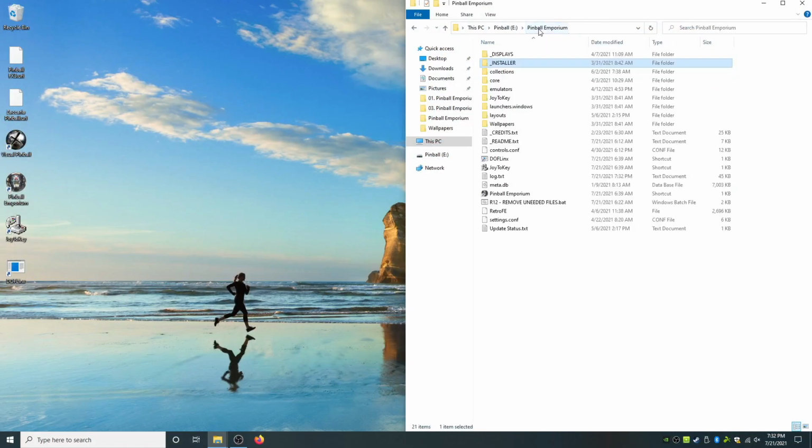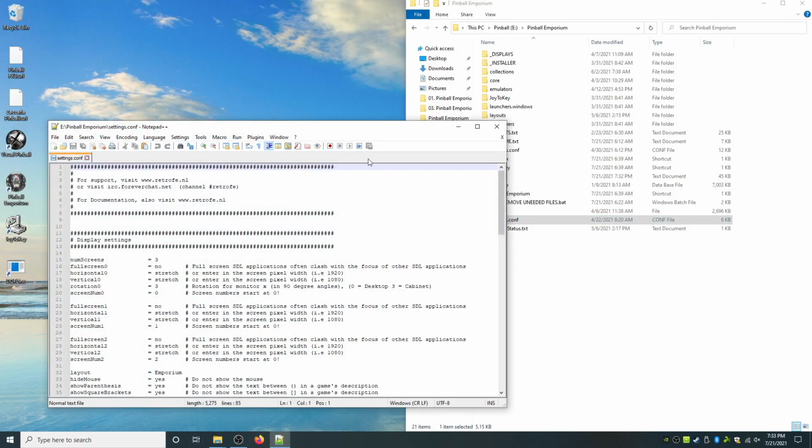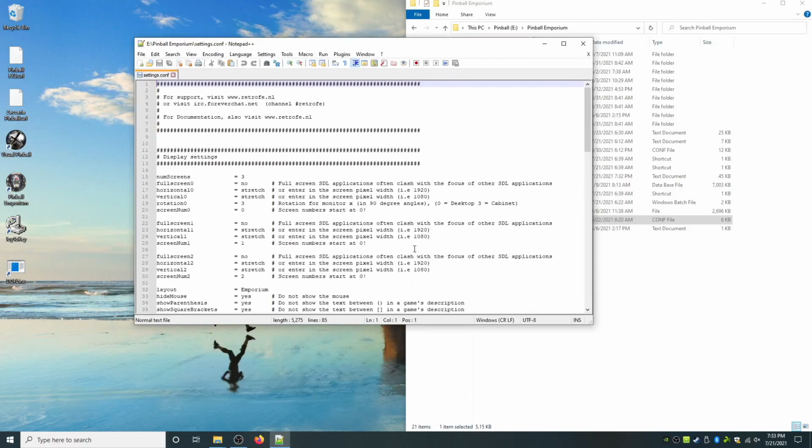We're going to go into the root folder of Pinball Emporium. Now this is only if your marquee animation is appearing on your DMD screen, DMD topper, instead of your backglass. We're going to right click on settings. You can open this in Notepad. I had Notepad++ on this computer, so I'm just going to open it up on that. And all we're going to do